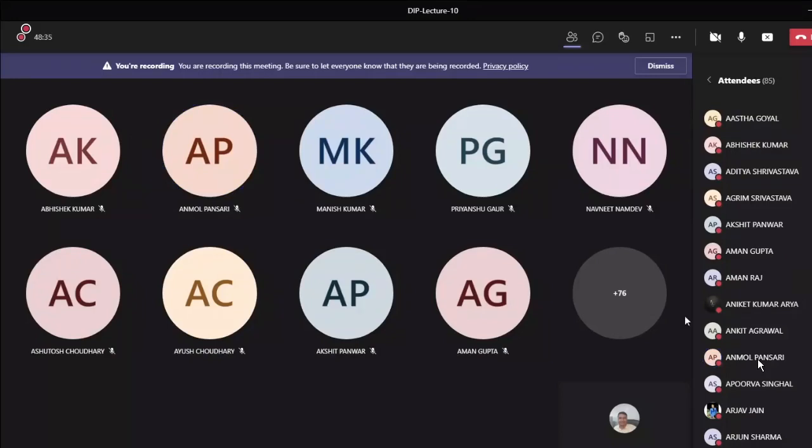Am I right? Yes, sir. So there are two ways. By using these two ways, you can increase or decrease the level of resolution. First is the spatial resolution. The second is the intensity resolution. As its name suggests, intensity resolution means we are going to increase or decrease the level of intensity. Is that clear?